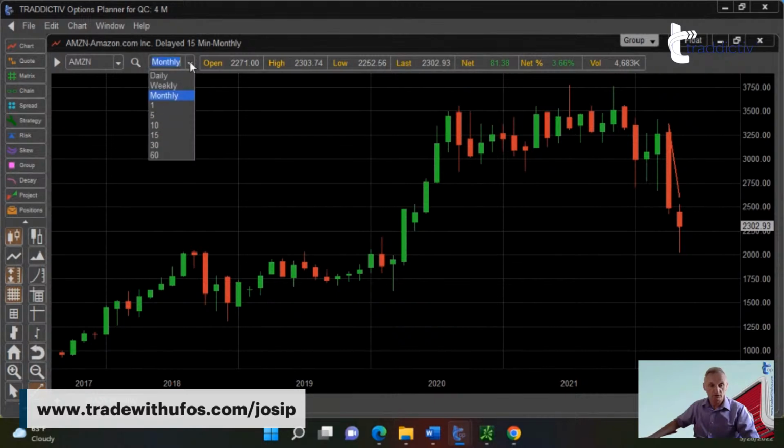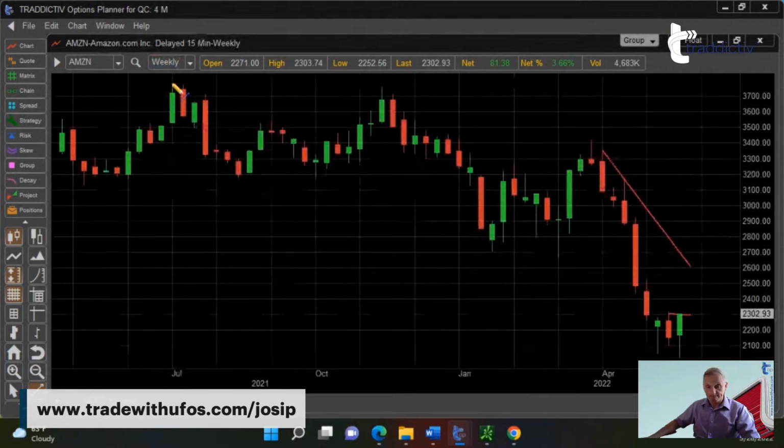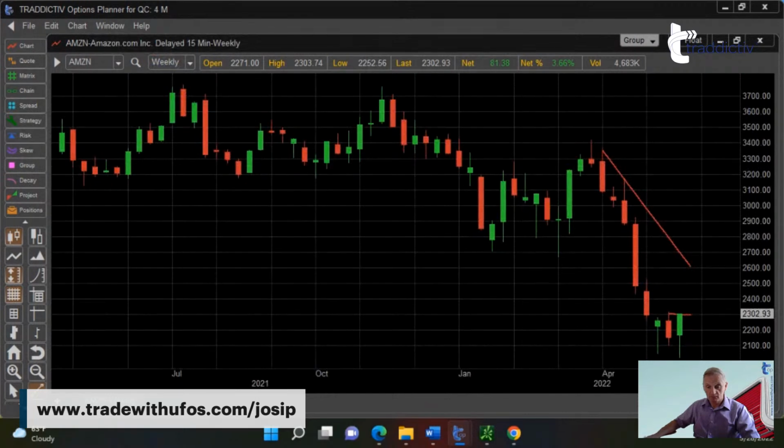I was supposed to look at the weekly. Look how much time we have spent chopping in this area. This is really nothing else but just a chop. Four weeks we've been chopping here. But boy, if you just look at one day or at the smaller time frame,